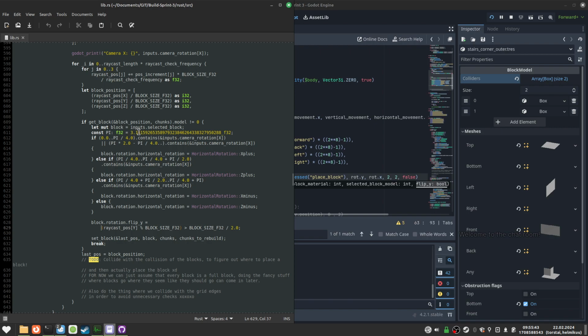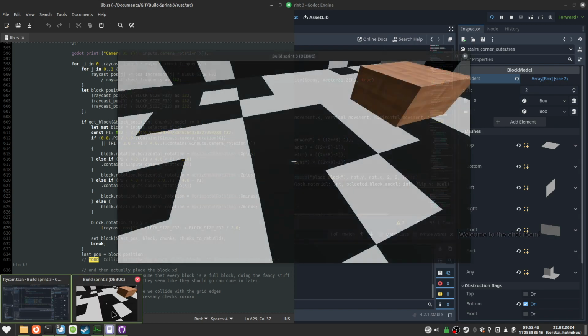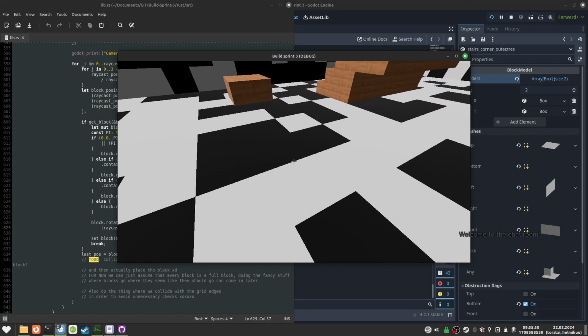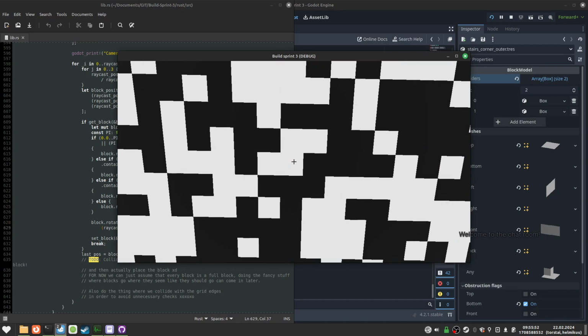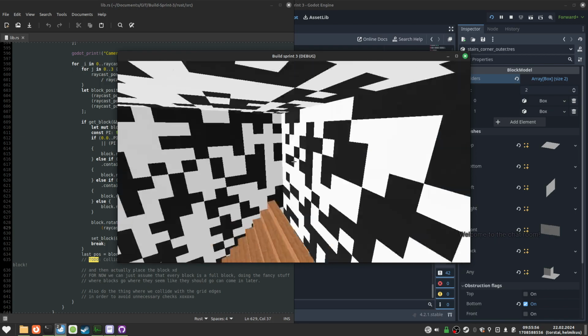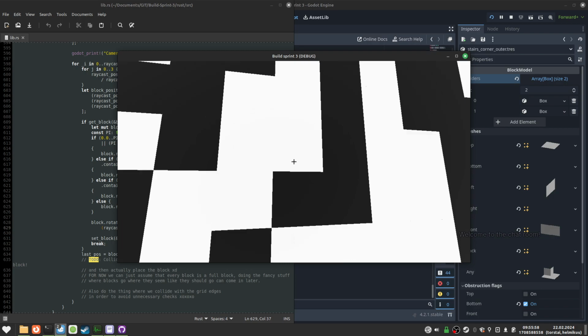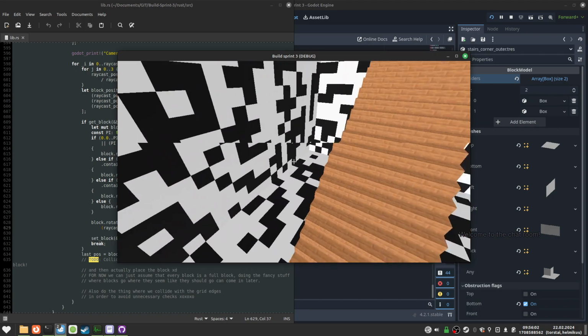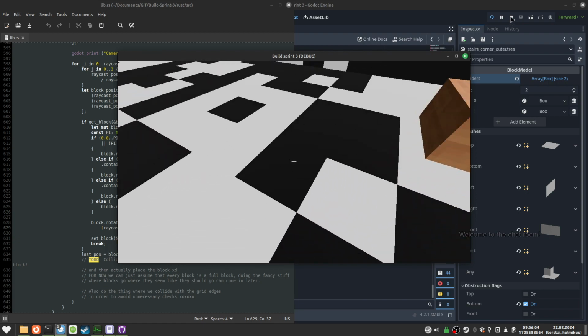Right? If we hit the top of a block, like here, then we want to always place something facing down. If we hit the bottom of a block, we want to always place something facing up. Sides, we figure it out with the thing. So I should make no clip be able to place blocks, but that's annoying. Anyway,